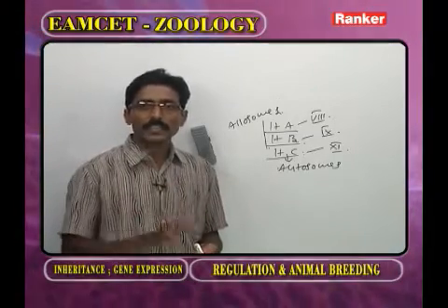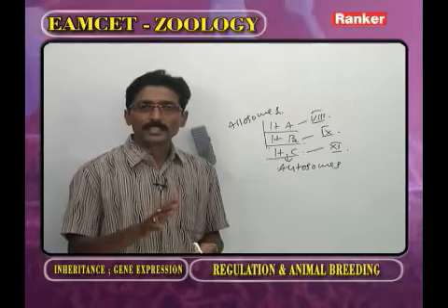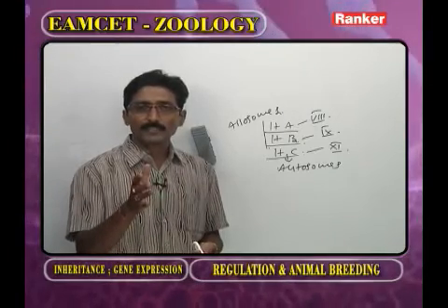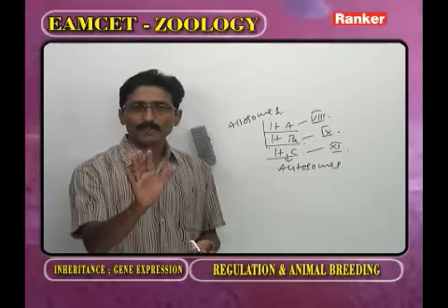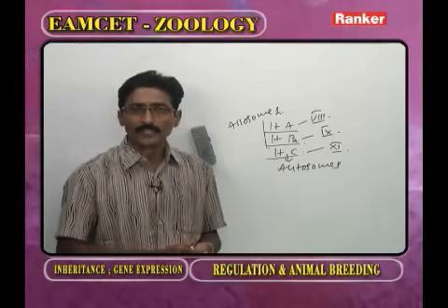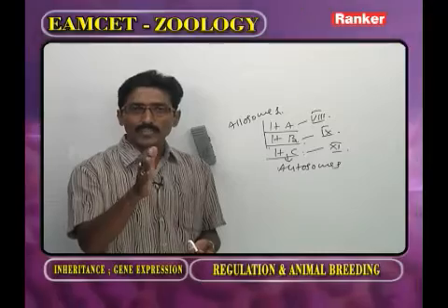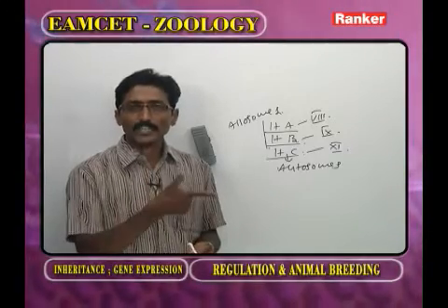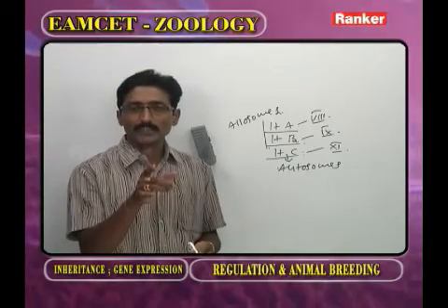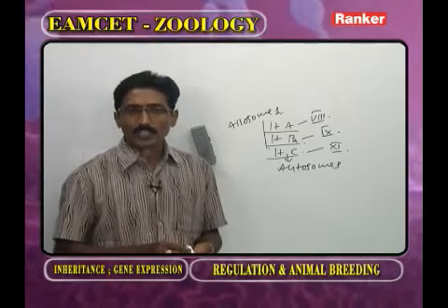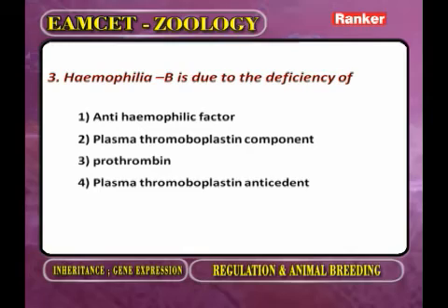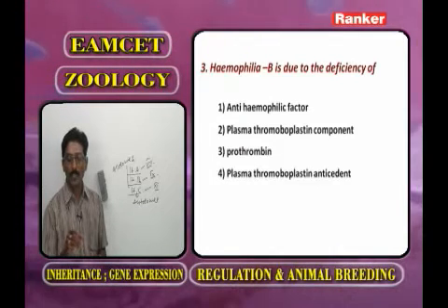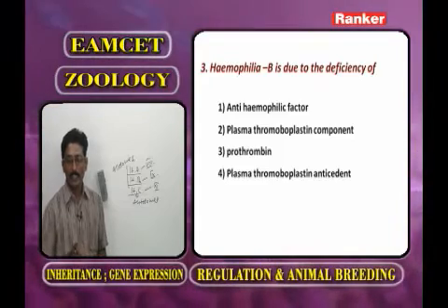That is a genetic disorder called Christmas disease, or royal family disease, because in the universe the royal family word is applicable only to the British family. In the British family, one generation suffered from hemophilia, so it is called the royal family disease. So here what we are asking: hemophilia B is due to the deficiency of the ninth factor. What is the name of the ninth factor? Plasma thromboplastin component. The answer is